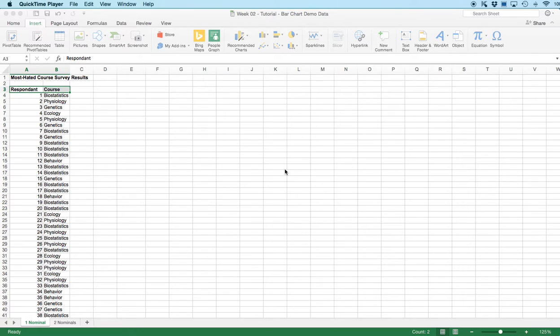Okay, so you can follow along with any set of data that you may have where you have some categorical data, because bar plots are going to be used for plotting categorical data. But it's probably easiest if you follow along using the tutorial data that I'm using. So that is this week 2 tutorial bar chart demo data file that is on Blueline and that you see